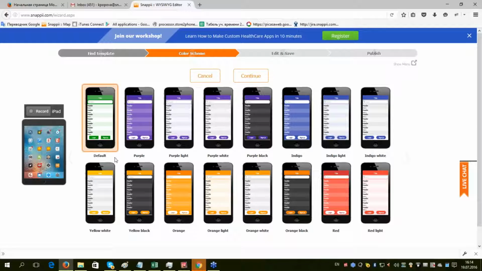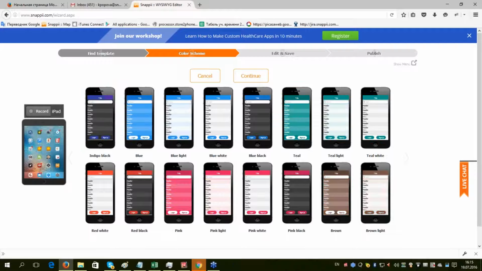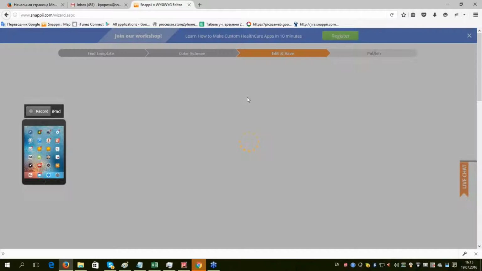Now I click select and continue, and here I can choose a color scheme. I think that I will use, for example, this. I click continue,